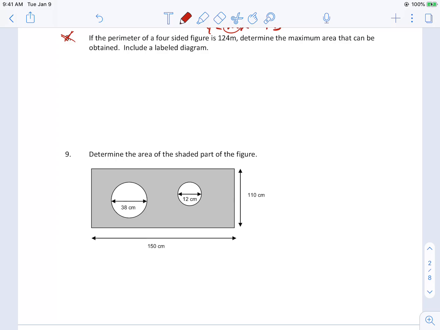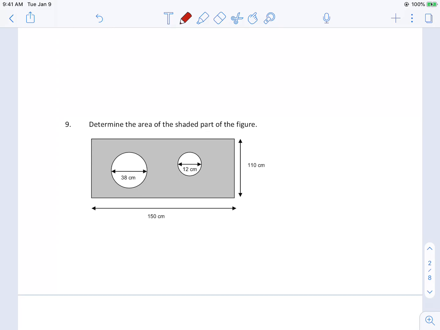So determine the area of the shaded part. We're really going to do this in a couple steps. First thing we're going to do is figure out what is the area of our rectangle, and we'll call that area 1. So how do you get that? You take your length, multiply it by your width, so we get 110 times 150. You throw that in your calculator, and you're going to get